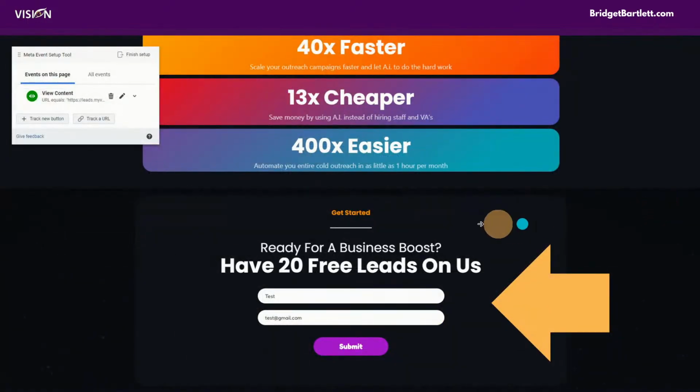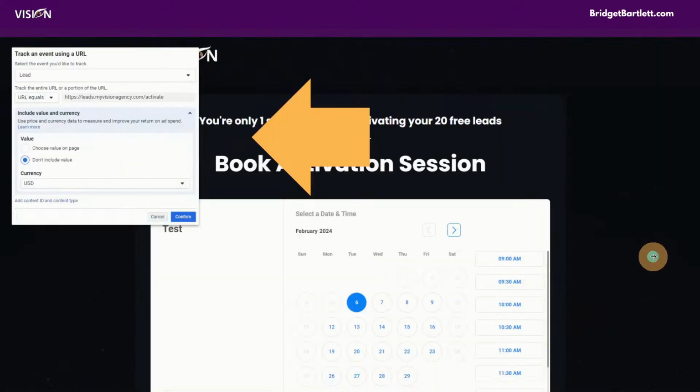Okay. Now, the next step of that, what I need to do is tell it what I'm going to call a lead. All right, so what you want to do is go down on this website, it's going to be in the footer here, and you have this form. So, you want to enter in that test data while you're still in the setup tool. And when you do that, you're going to go to the page that they are going to be called a lead from, right? So, what we're telling the system now is when they land on this page, we're going to call this a lead. Okay, so I'm going to paste in the link there. I'm still not going to add a value to this because it's just a lead. It's not an actual sale,